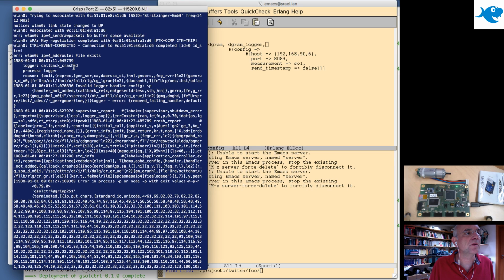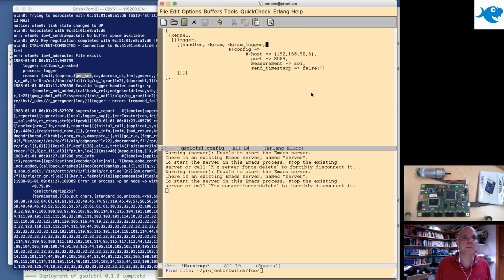On the console we see logger callback crashed, and we get an exit no process. So the process doesn't exist. And then for some reason I don't really understand, our I/O gets garbled, probably because there's other I/O at the same time. Happens sometimes. But we were able to figure out that basically it's missing the gen server. So this looks like gen server, and the only gen server we have in the logger is